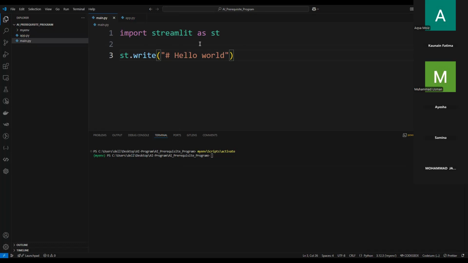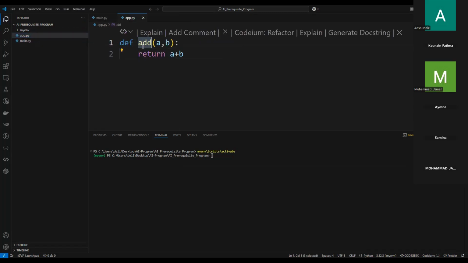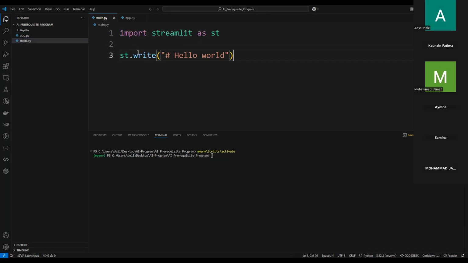ठीक है, तो क्या होगा, अच्छा अब मेरी फाइल डेटा तो यहाँ पर है बट मेरा जो फंक्शन है वो तो दूसरी फाइल में है। तो अब क्या करेंगे, इस सिनेरियो के अंदर हमें क्या करना पड़ता है, हमें हमारी इस फाइल में से ये वाला जो एक फंक्शन है इसको हम चाहते हैं कि हम इस फाइल में कॉल करवा दें। ठीक है, फंक्शन को हम कॉल करवाते हैं, तो हम चाहते हैं कि इस फाइल को हम कॉल करवा दें। तो इस सिनेरियो में हम क्या करते हैं, हम लिखते हैं फ्रॉम